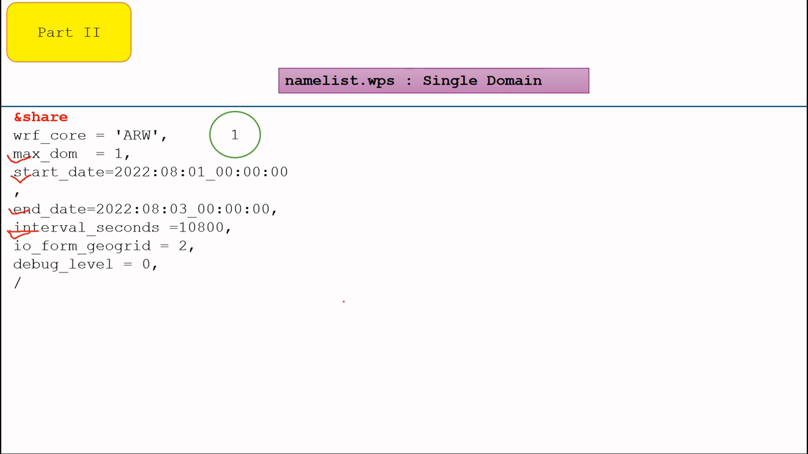For example, if you have downloaded 3-hourly 00 UTC gridded data of 1st August 2022 for the next 48 hours, then interval_seconds will be 10800, which is 3 times 60 times 60. The start date will be 2022-08-01_00:00:00 and